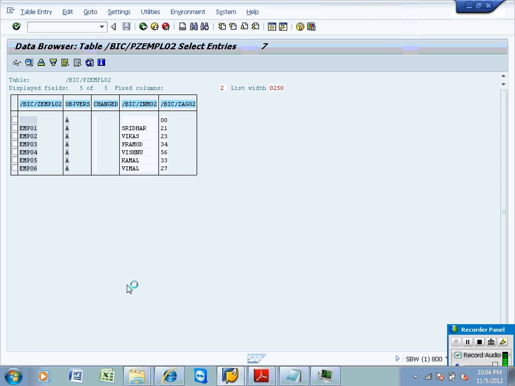Okay, if the employee information is in active status, then if I report on top of it, only records in active status will appear in the report. Okay, so how many records do we have? 6 records. 6 records are in active status. If I report on top of the info object, then I can see all the 6 records as they are.